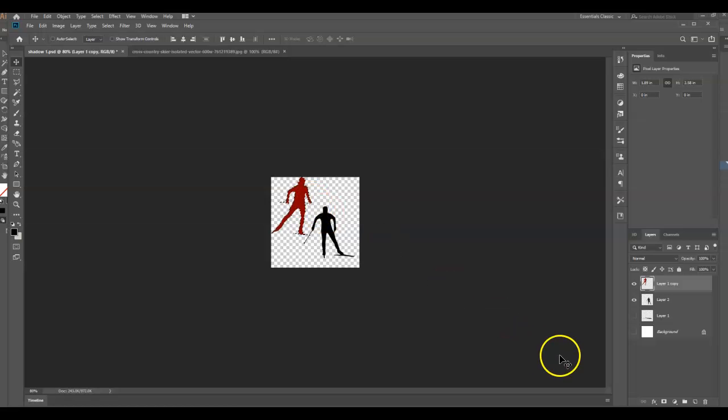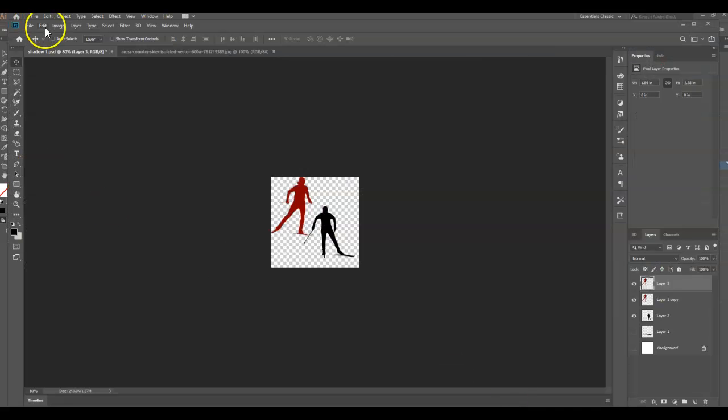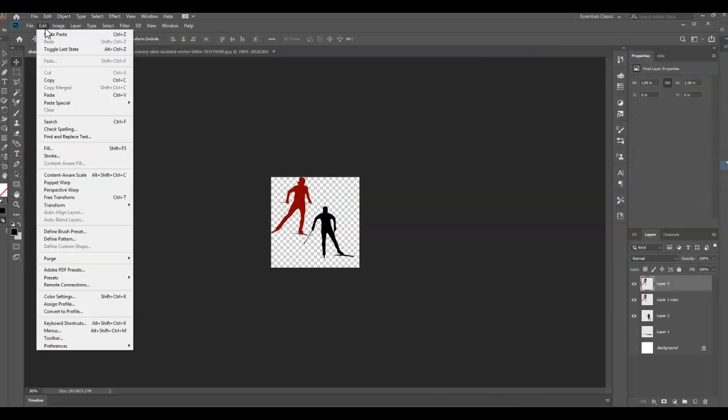And I think I only did it once because it's so faint, I almost cheated. But I'm going to copy that one skier and paste it in so it makes a new layer. And I went to, sorry, I didn't realize I didn't have full screen here. I went to edit,